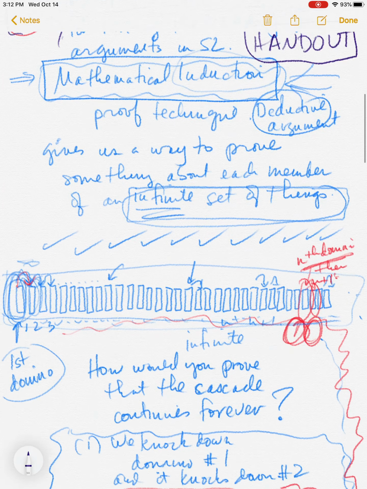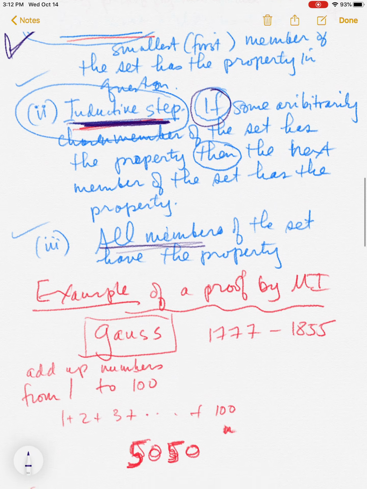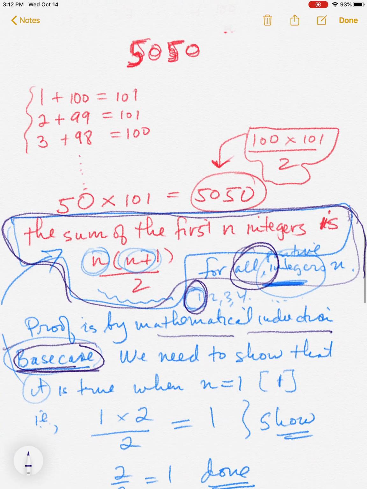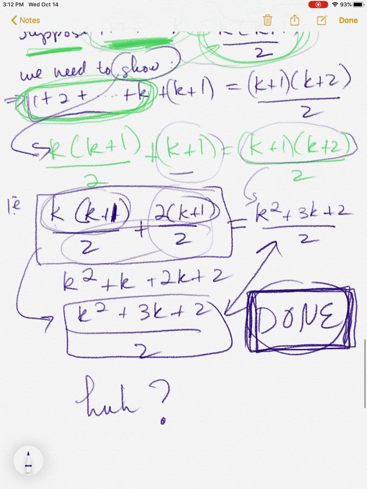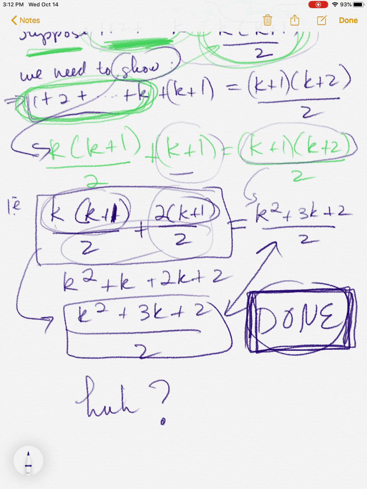And don't be turned off by this. You'll find what we're doing interesting. And okay, this will not be on a quiz. I will not ask you to prove anything by mathematical induction. So just enjoy learning something new, and don't worry about being tested on it. But also don't think, oh, we're not going to be tested on it so I don't need to learn it, because I do want you to learn it.